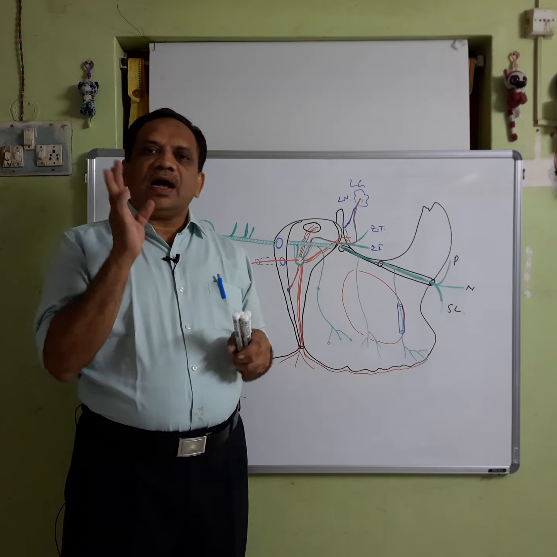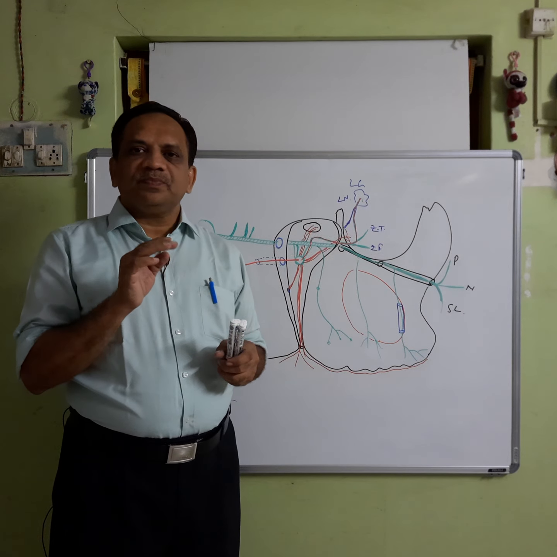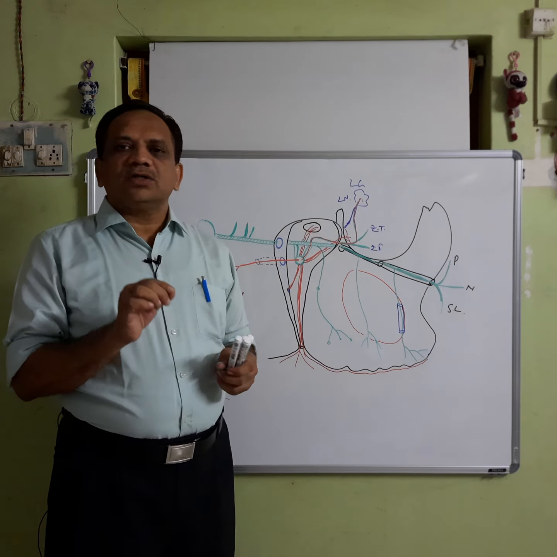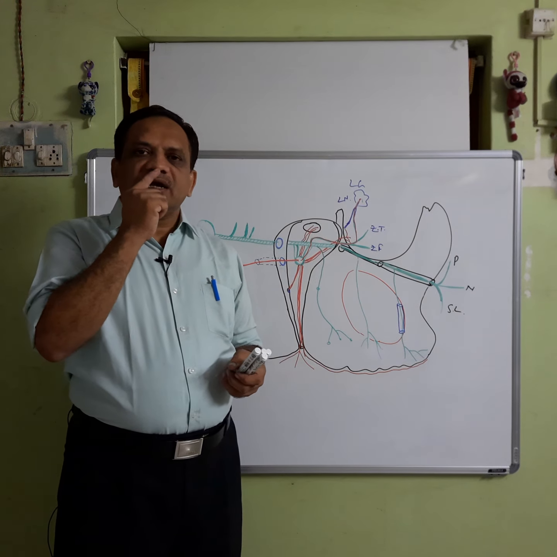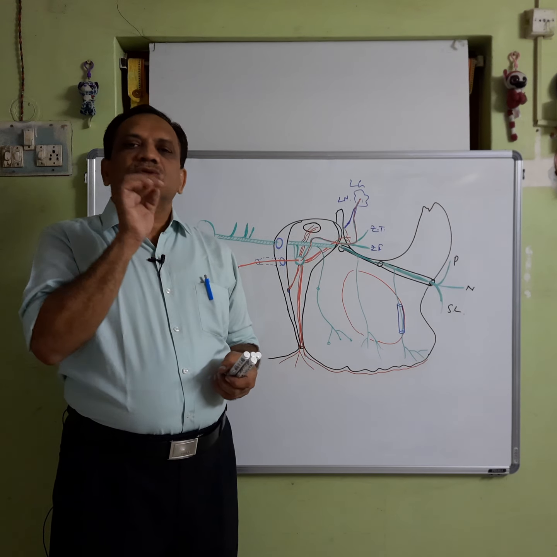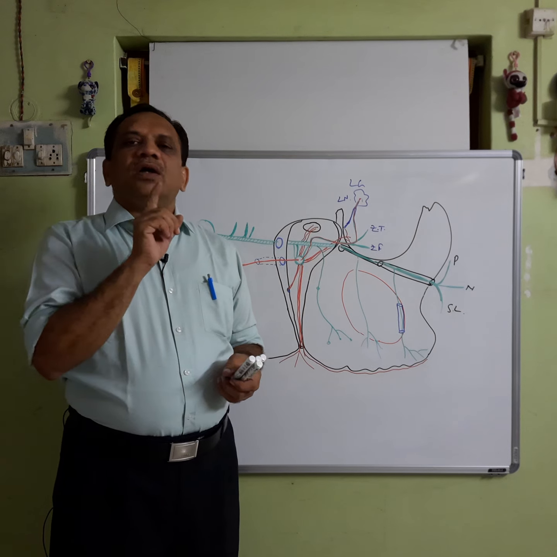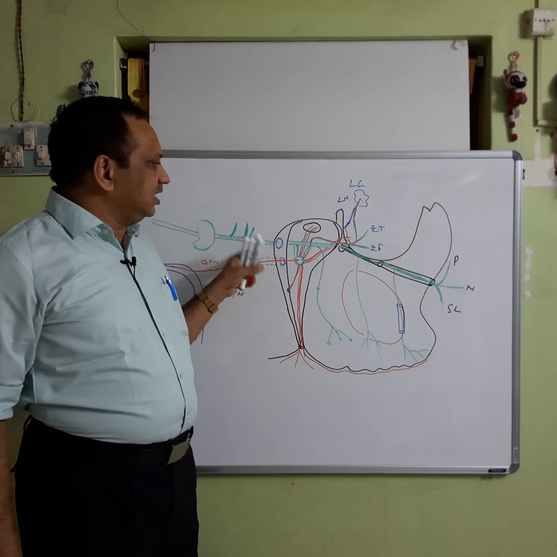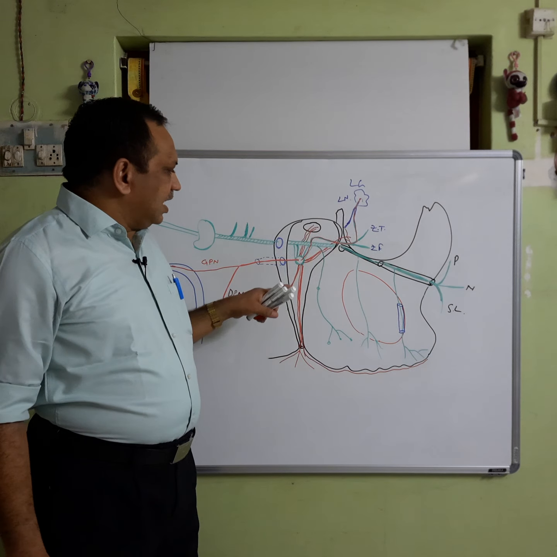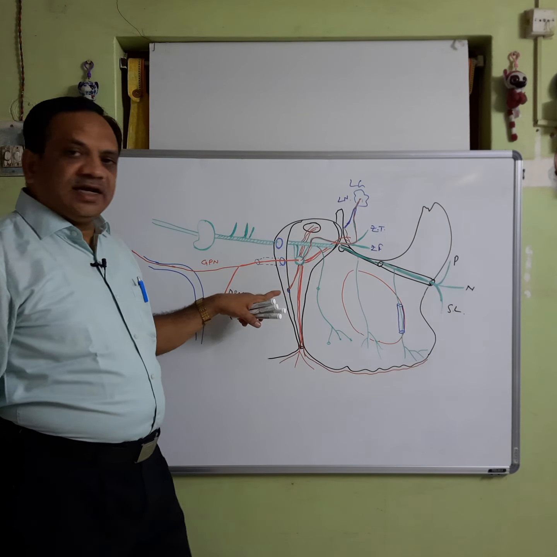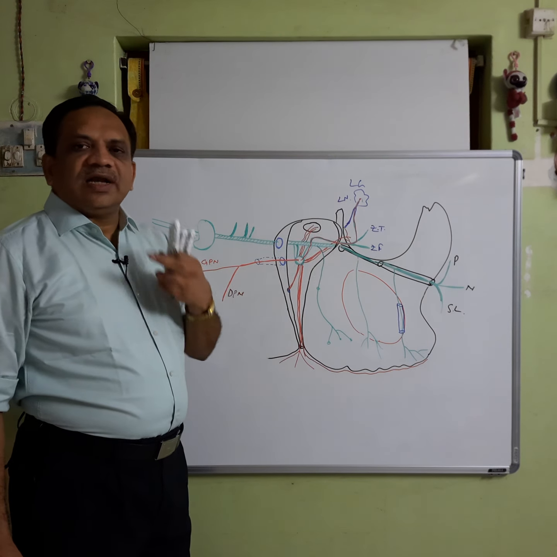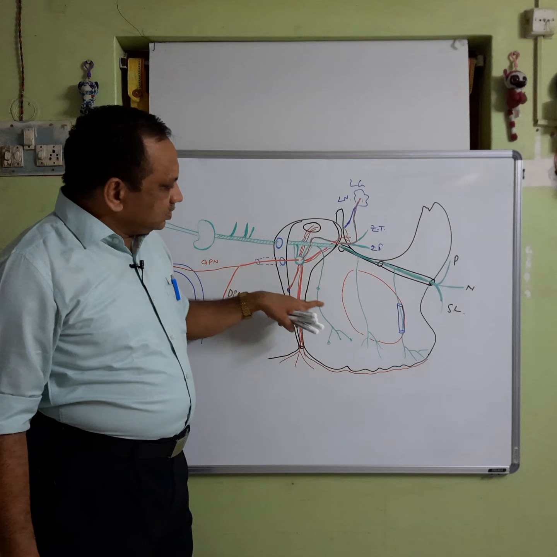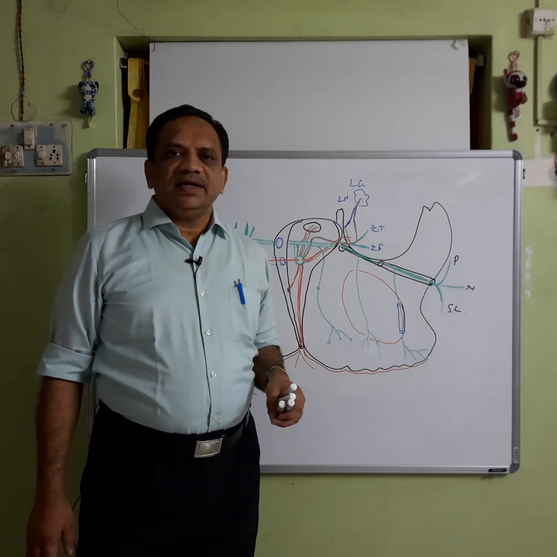The medial set passes on to the nasal septum. They descend down, and one of them is long, and it is called long sphenopalatine nerve, which comes to the nose and enters through the incisive fossa onto the hard palate to supply a part of the hard palate. So, this is about the nasal branches. A pharyngeal branch enters the palatino-vaginal canal to supply the nasopharynx, the posterior aspect of the nasopharynx. So, this is about the maxillary nerve and its branches.